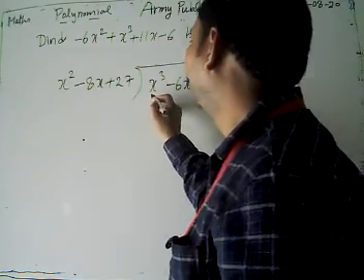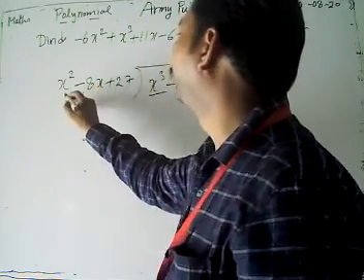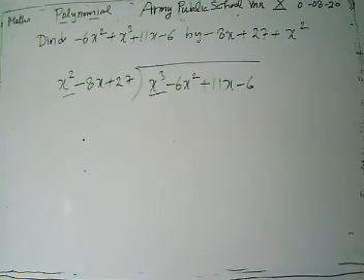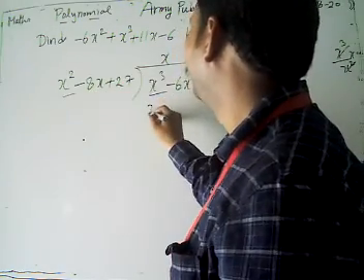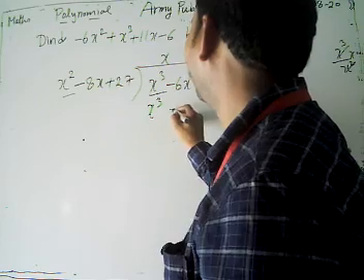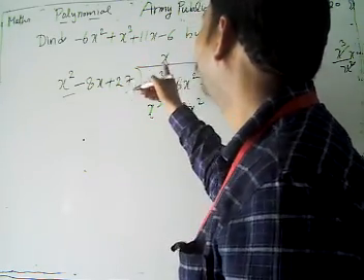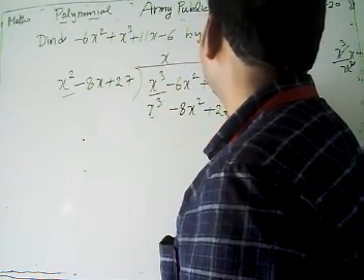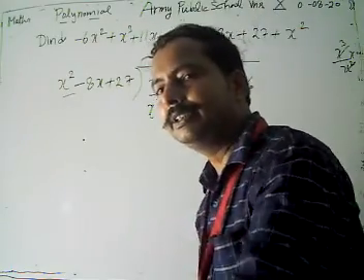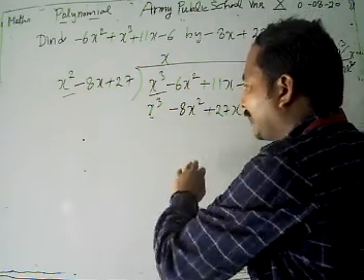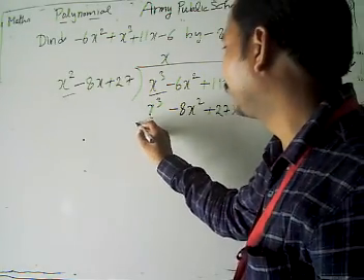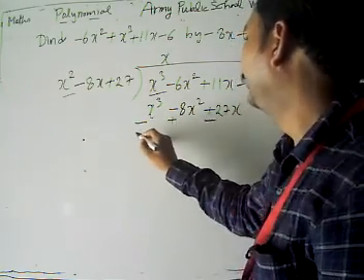Take the first term of the dividend and the first term of the divisor in the rough portion: x cube by x square. What do we get? We get x. Write down x here. x into x gives x cube, x into minus 8x gives minus 8x square, plus 27x. Now what do we do in division? In normal division we multiply, then subtract. Here we use subtraction by changing all the signs.